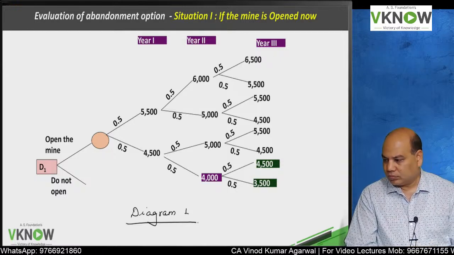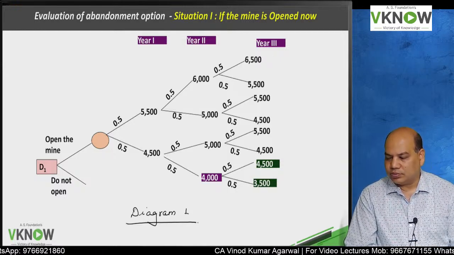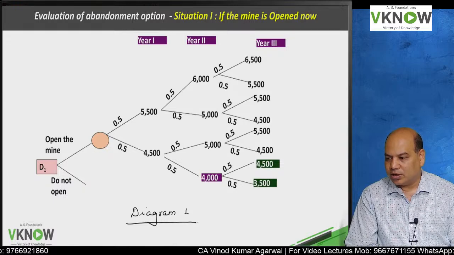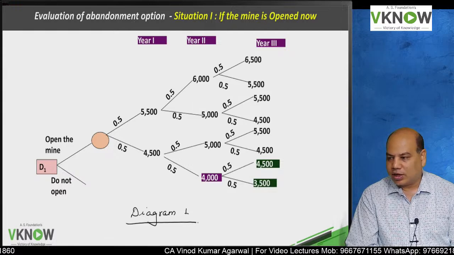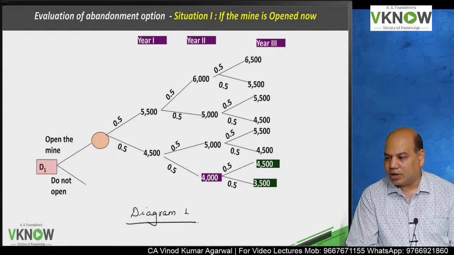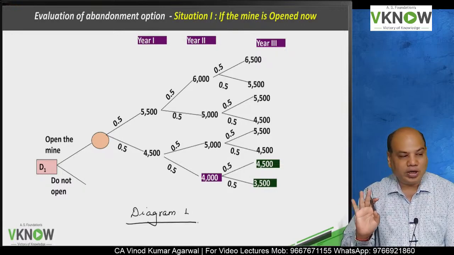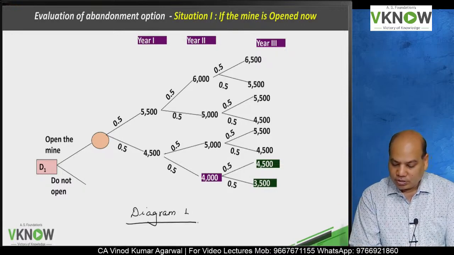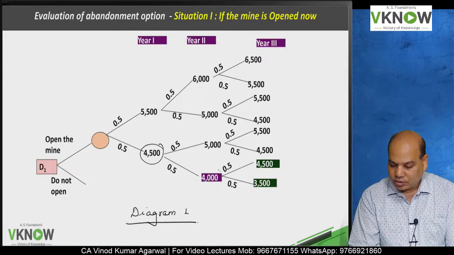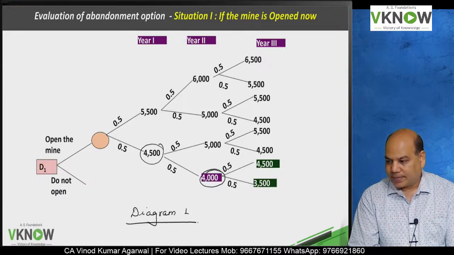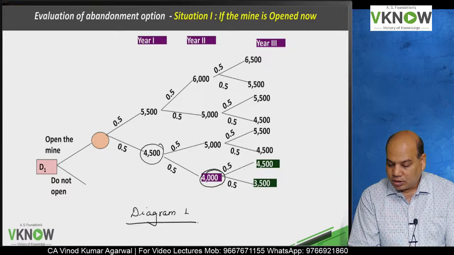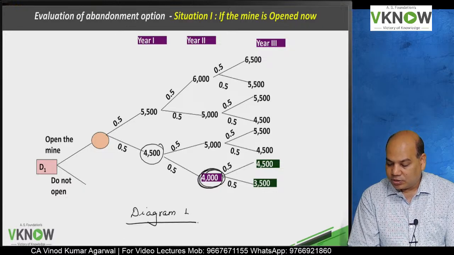Okay. So I am asking you one question. When would you abandon this project if you have the option to abandon? Go to diagram 1, situation 1. If the mine is opened now, there are two abandonment points. Wait, one is here and one is here. Is it right? If you abandon at this point,